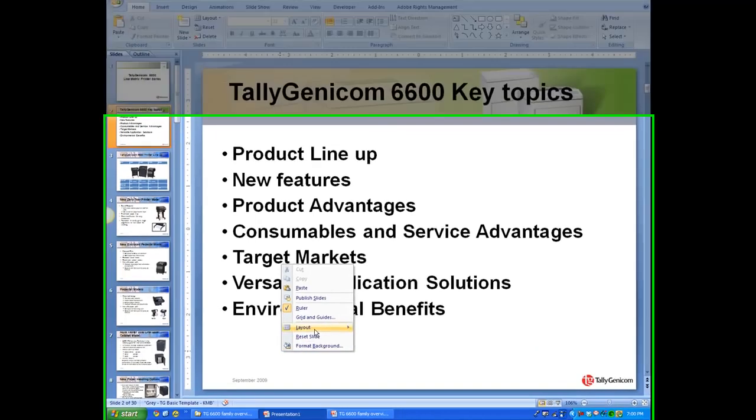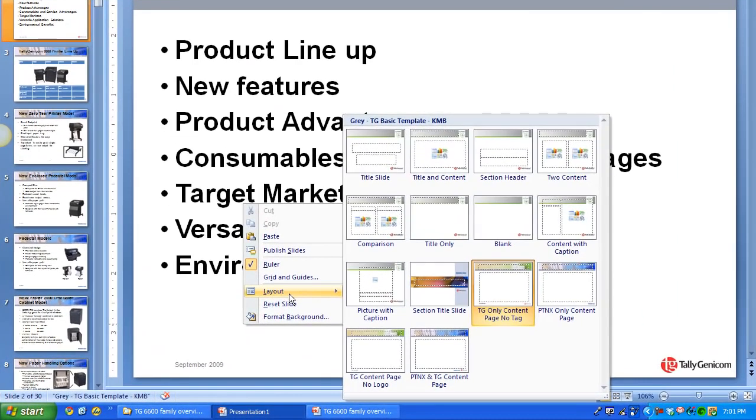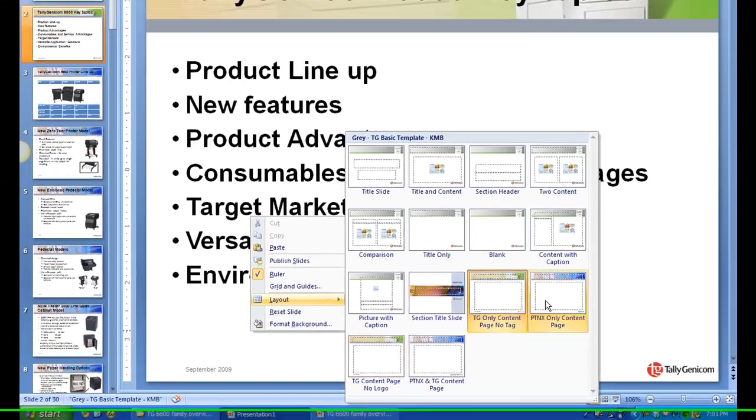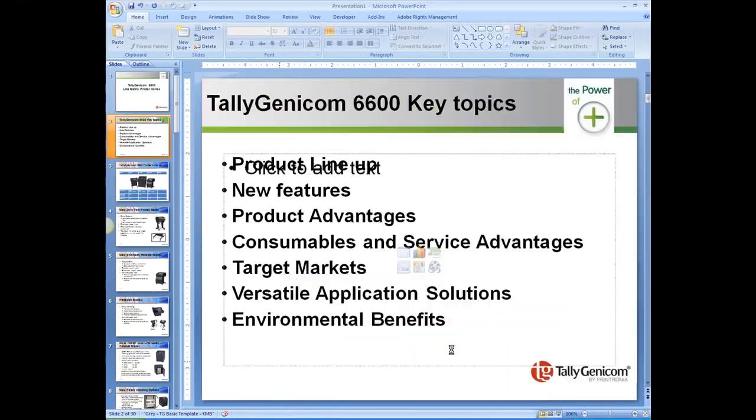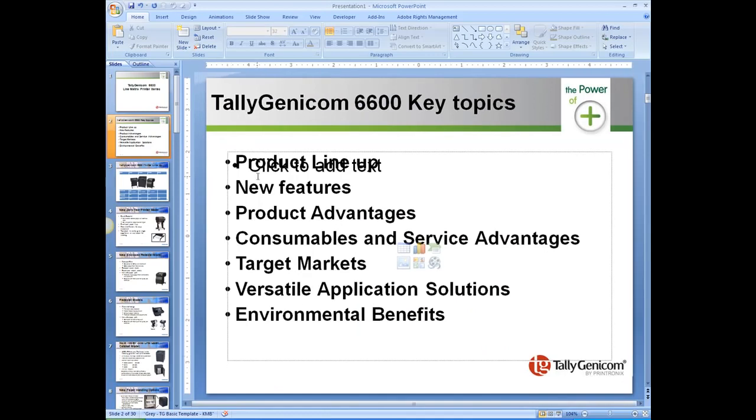You're going to right click, you're going to left click on the layout that you need, and that would be the title and content, because as you see, these are from the old theme or template. So we want to use the new ones, and you can tell because they're all gray. So I'm going to click there. And see, this is a perfect example of what I was saying before, how if you end up seeing something pop up in the background, it's because you didn't use the correct